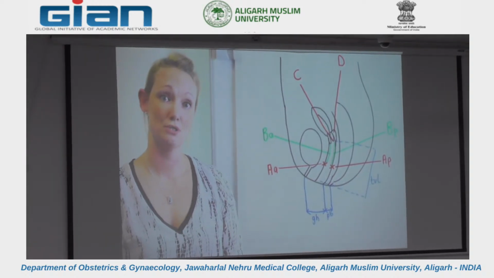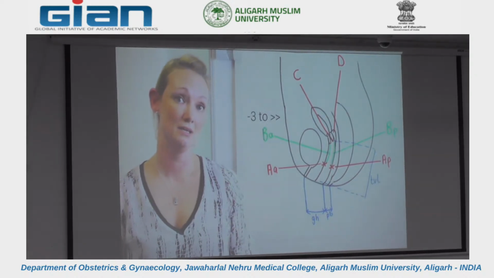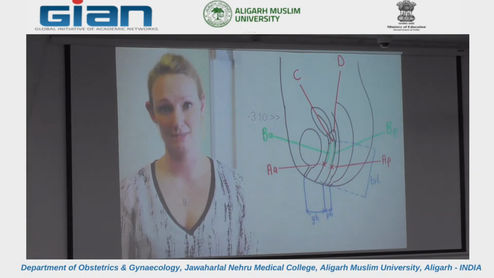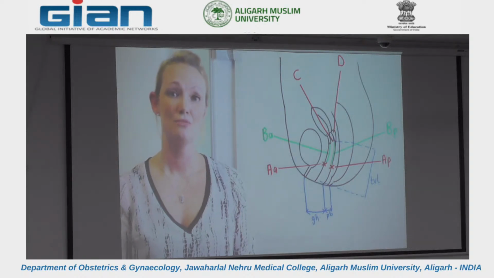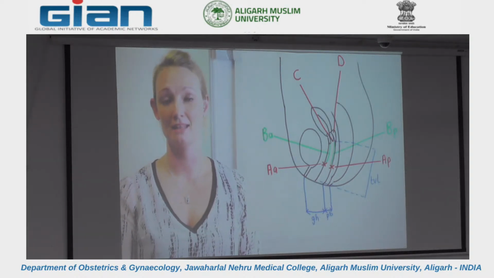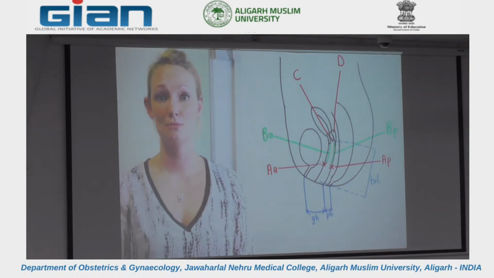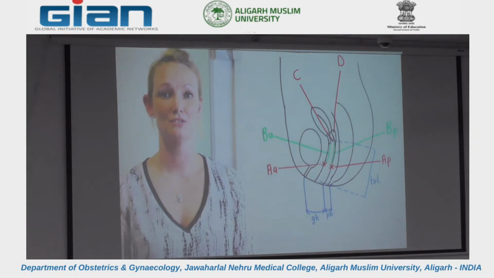BA is the most distal portion of the remaining upper anterior vaginal wall. So this could be -3, but it also could come all the way out to +5, 6, 7, or even more in extreme cases. AP is the point on the posterior vaginal wall, 3 centimetres proximal to the hymen. Again, this could range from -3 to +3. BP is the most distal portion of the remaining upper posterior vaginal wall and can range from -3 to 6,